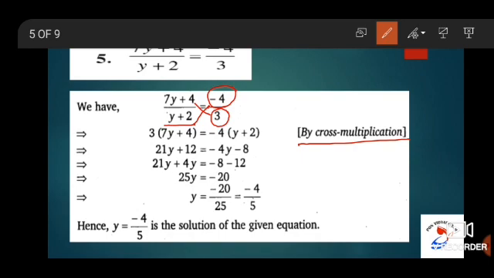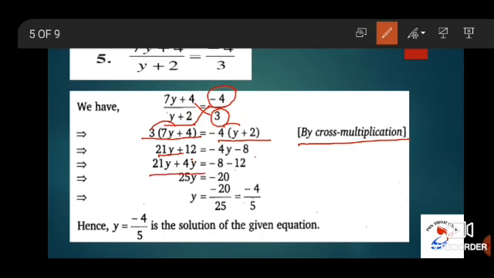That is, 3 into (7y + 4) is equal to -4 into (y + 2). So 3 into 7y, that is 21y, plus 3 into plus 4, that is plus 12, and -4 into y, that is -4y, -4 into plus 2, that is -8. And in the next step, you have to combine all the variables on one side and constants on the other side, which will give you the result as